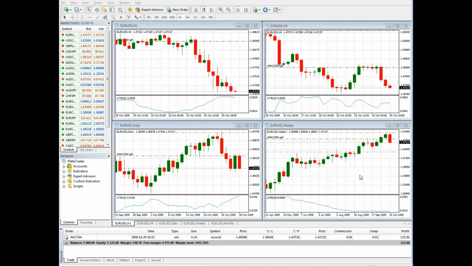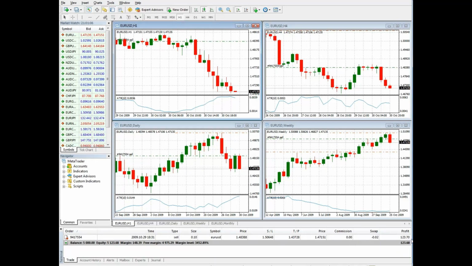Okay, here we are back at our live trade example, and as before, we were short the euro dollar US dollar, and let's take a look at where we are today. And this is the very next day. We're up 123